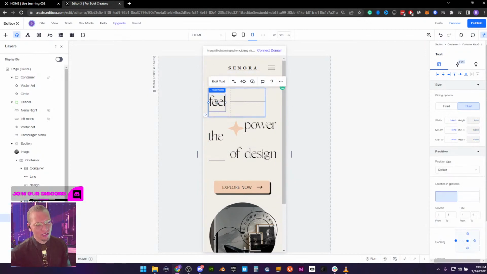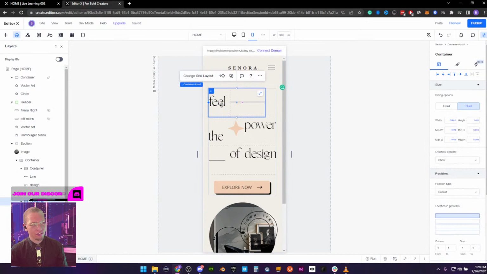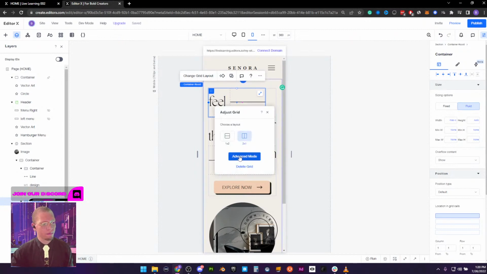So as you can see, just for example, the container for this field, or the text box for this field, is the exact same size as the width of the field. We want the container that is holding both the field and this line to be the exact height of what this field is. So I'm going to select this container, change grid layout, go to advanced. And just like we have here, we have max content, max content. These are very nicely hugging the content within it. This one isn't hugging because we have a little bit of margin in there. We have about 20 pixels.